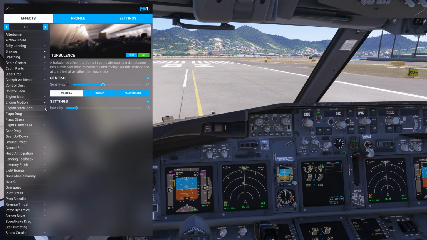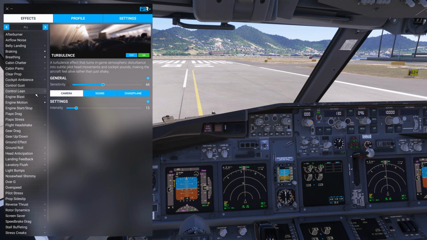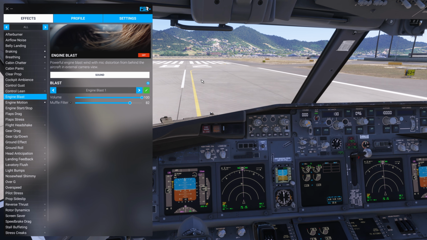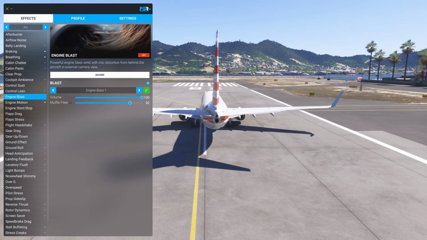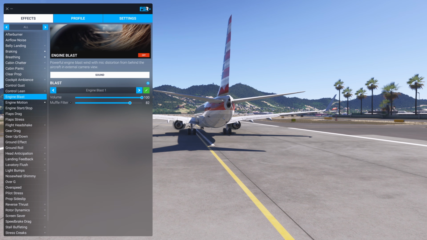Okay, so now I have the engine on. I wanted to show you guys some of these other effects. One of them is engine blast. Let me turn this off, and if you go to external view, you can hear that the engine sounds just normal. Maybe let me go to